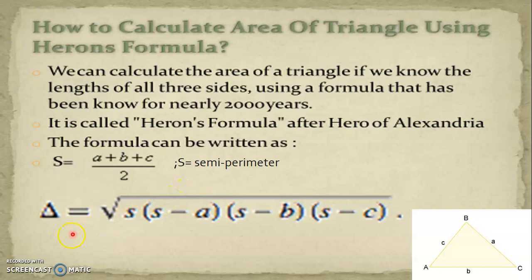Since proof is not there, we are not discussing the proof. Proof is not in your syllabus, students. So you have to remember this formula, area of a triangle by Heron's formula, and this is what we would be using in this exercise: the square root of S, S minus a, S minus b, S minus c. The figure is very clear. You can see this triangle ABC, and a, b and c are the lengths of the sides of the triangle. And this is your Heron's formula. So, moving on to the next slide.